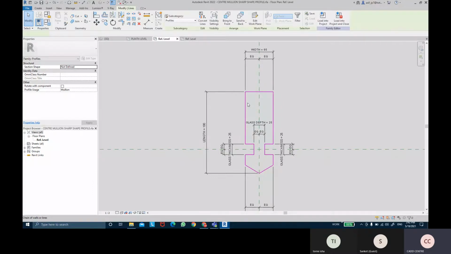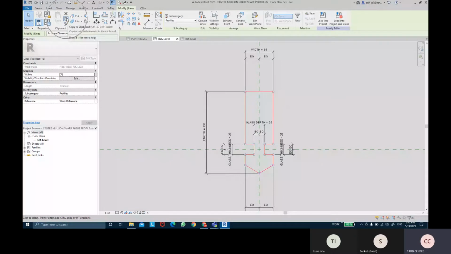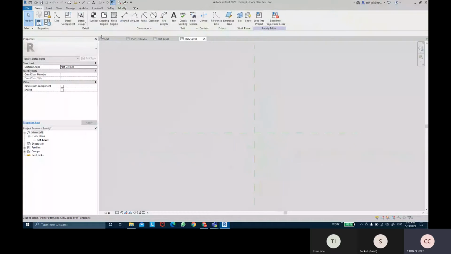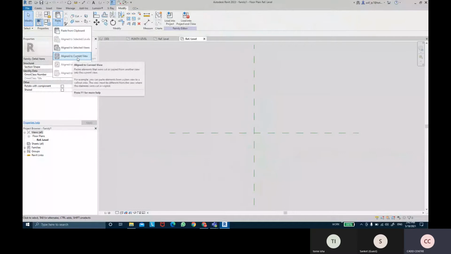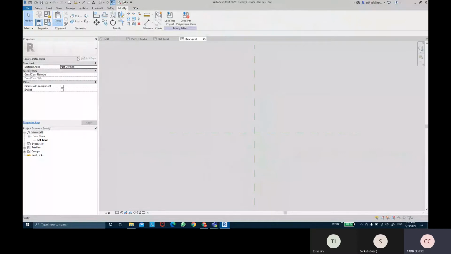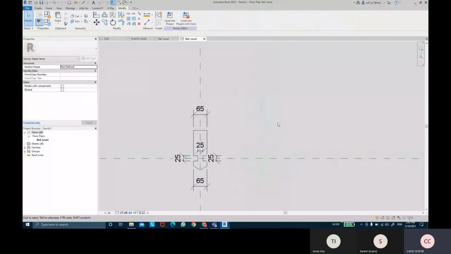Once the shape is selected, you can click on the copy to clipboard option, which is Control C as the shortcut key. Then you can come into your detail item family, and over here you can come into Modify and take Paste, Align to Current View. So it will copy and paste that same profile shape into the same position.